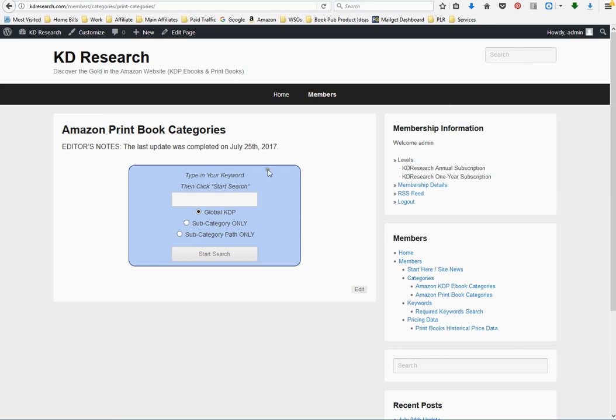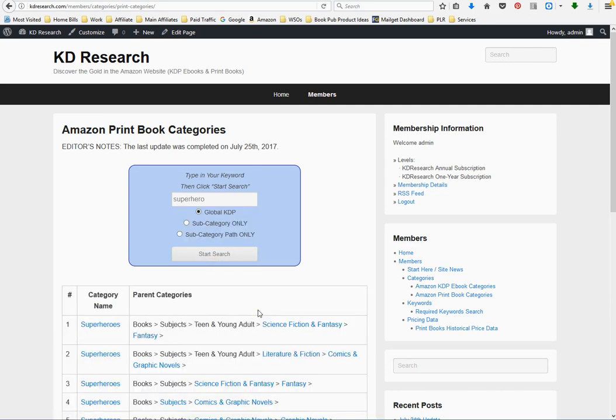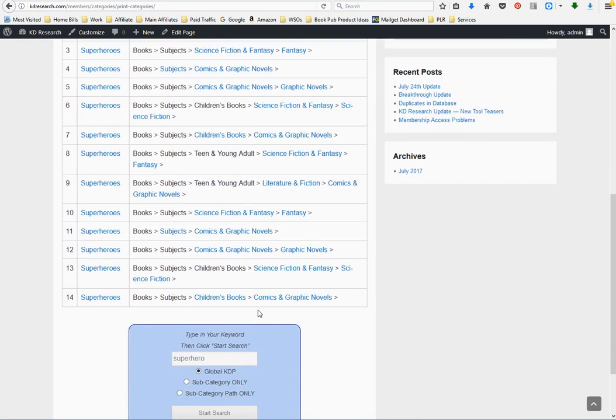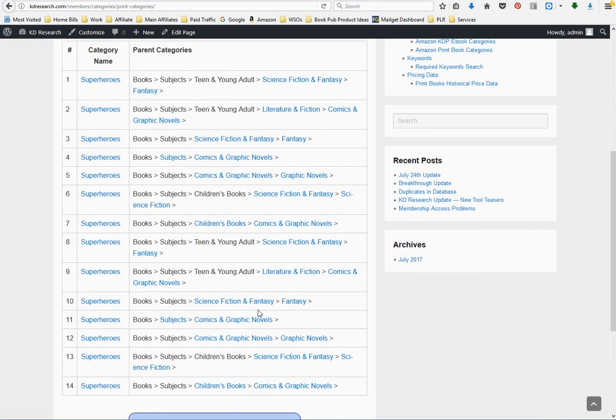So when you come in here, and we'll do the superhero again just for fun, and do a quick search, it's going to show you all the categories inside print books that apply to superheroes. In this case, there's 14 different categories that apply to print books that address superhero content. If you're writing a novel, you'll want to avoid the graphic novels and go straight for those that are related to novels, so that you're talking to the right audience